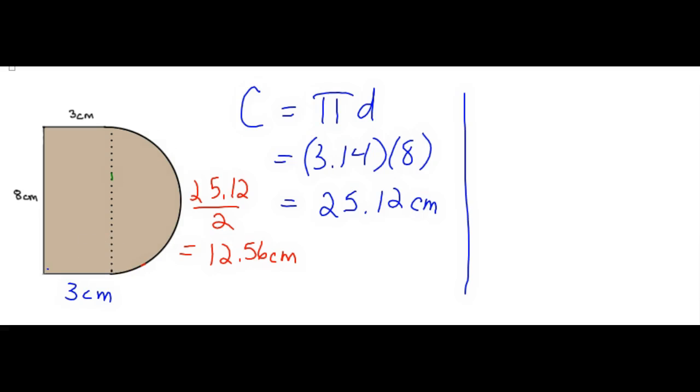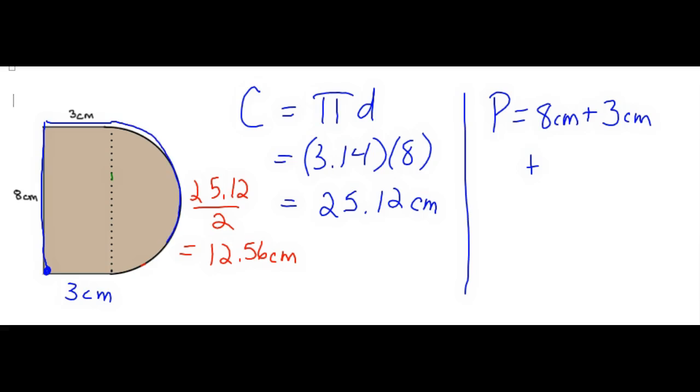So I'm going to start in this corner down here. I could have started anywhere, but I'm going to start down there, and I'm going to go up this way. So the perimeter is going to be 8 centimeters plus this little 3 centimeters here,